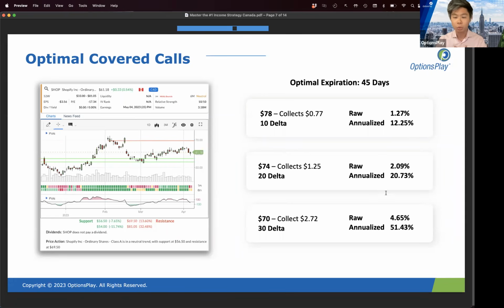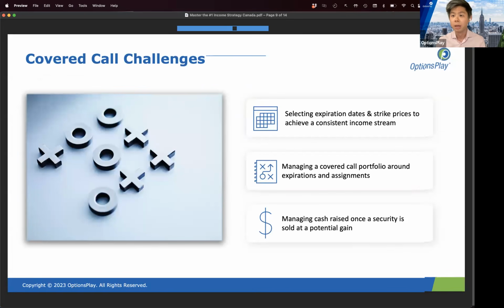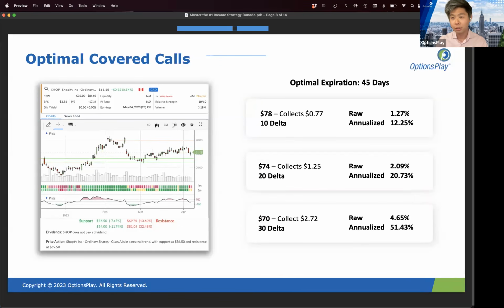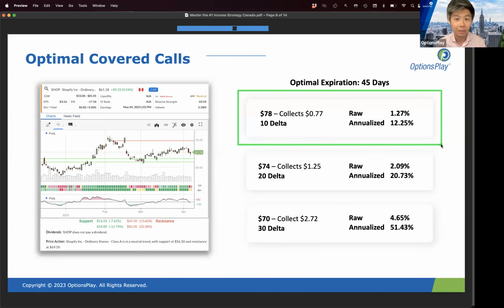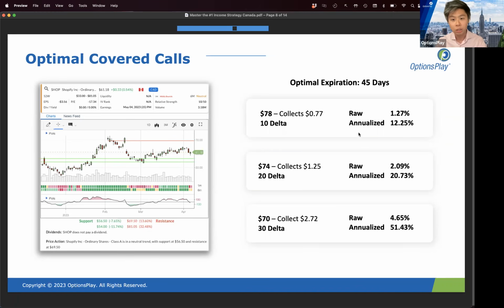However, based on our research, we've done a lot of research on this front. The overwhelming evidence shows us that the best covered call, the optimal covered call to sell, there's no ifs or buts, no clarifications or conditions, no conditions. The best covered call to sell is the one that generates the least amount of income. And that might sound really counterintuitive, but this comes down to one primary factor, which is the fact that if you decide to sell your stock at $78